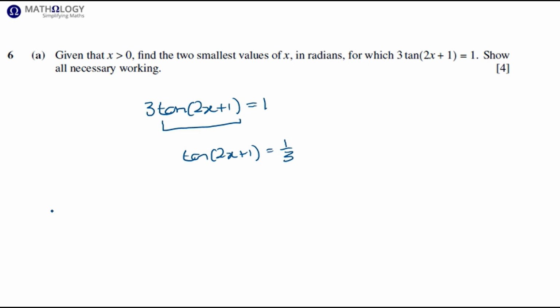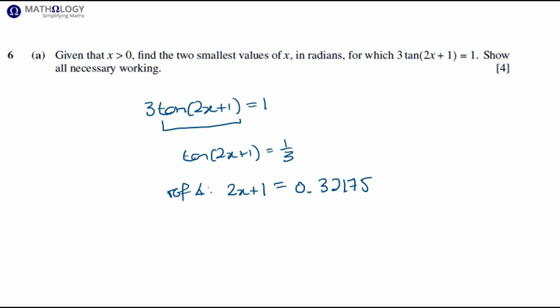So tan(2x + 1) equals a third. And now we're going to find the reference angle. So the reference angle will be 2x + 1 equals... Now we're working in radians, so make sure that your calculator is set in radians. Shift tan of a third is